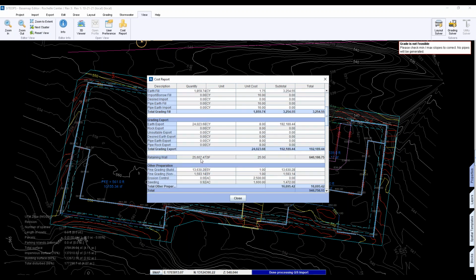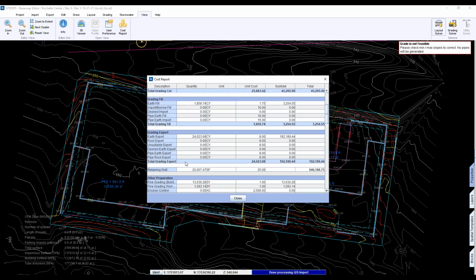So this is the one that had a lot of retaining wall. But in this case, the optimization part of the program is not really doing a whole lot because we're forced onto our elevations. So we're not letting the program change things too much. It tells us what the quantities are. It's just basically a quantity output at this point, more than it trying to find its own way.